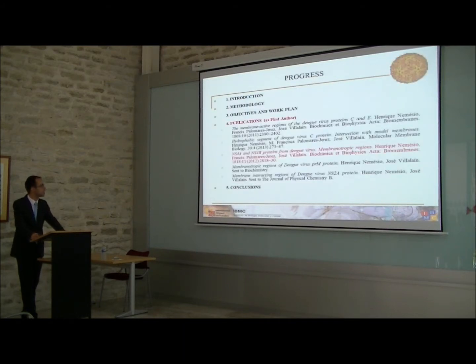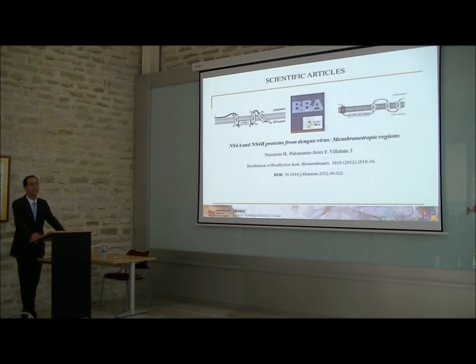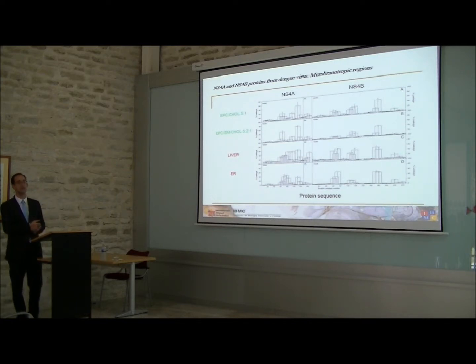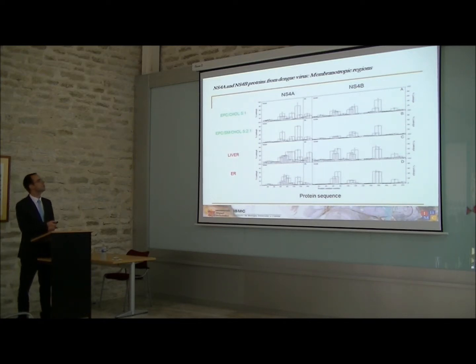Moving on to publication number 3, NS4A and NS4B proteins from dengue virus, membranotropic regions. Once again, the first experiment is always a screening of those possible regions that elicit any leakage to membranes. We used synthetic lipids, described here, and some of them are naturally extracted. And as you can see, at first, the most striking result is that we can define at least 3 different regions